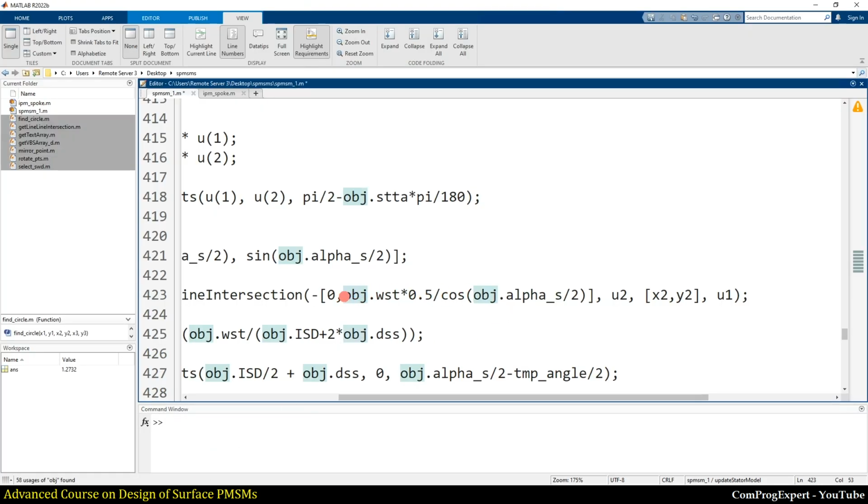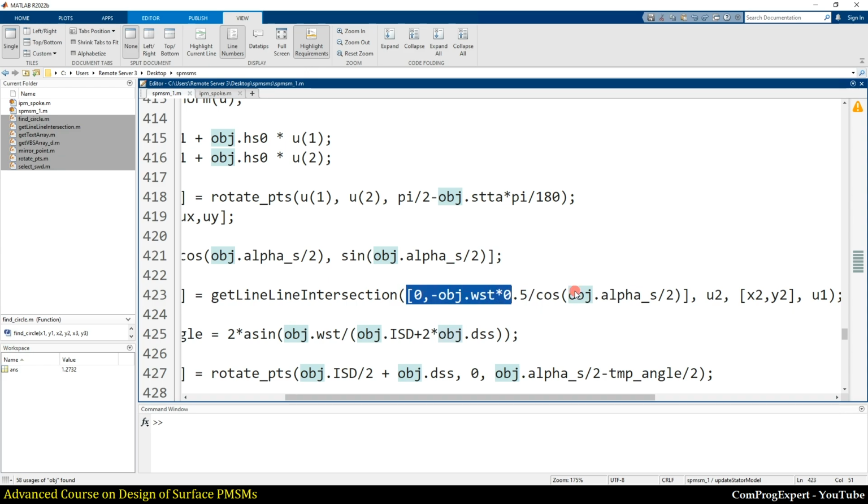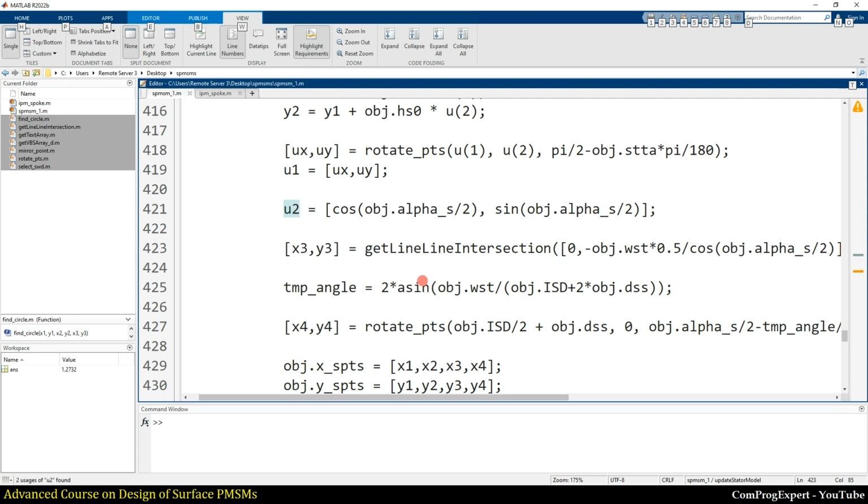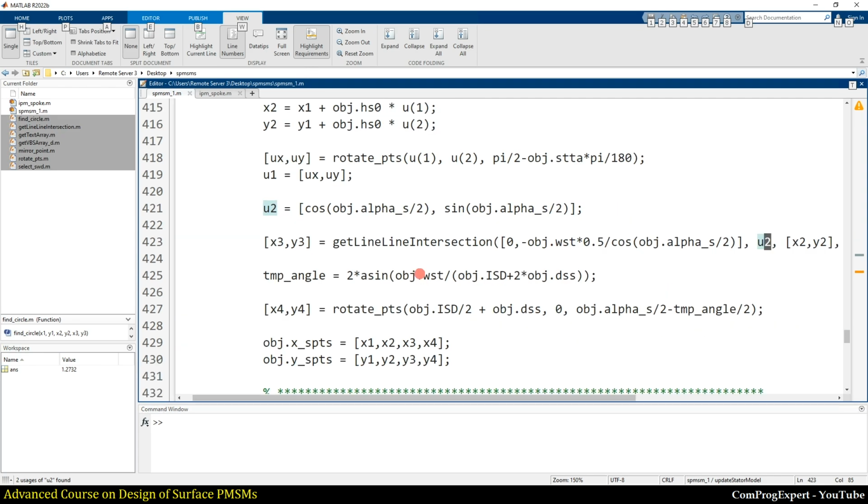So we know a point of the line and its unit vector. We can find the intersection x3 and y3. Finally, we can calculate the x and y coordinates of the point number 4.